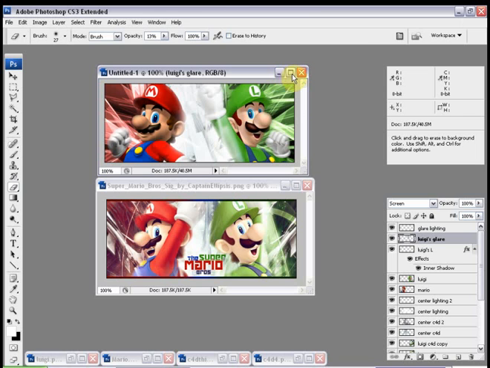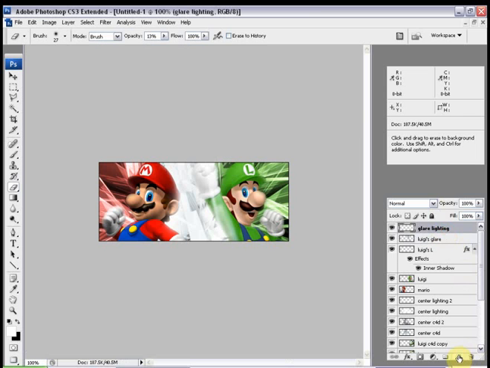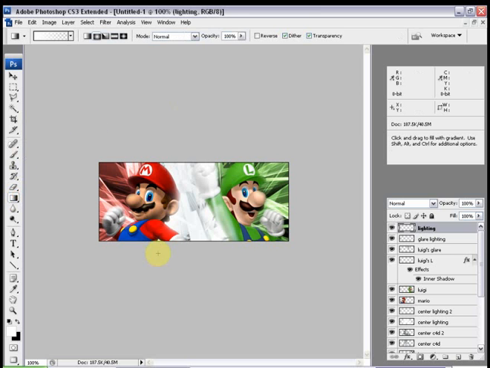Let's do some lighting above everything else. Just name this one lighting. Gradient tool, black to white, foreground to transparent. Just kind of make some slight glares. Oh, by the way, I didn't tell you this. Make sure your radial type is selected. You're probably wondering if you're getting a totally different type of